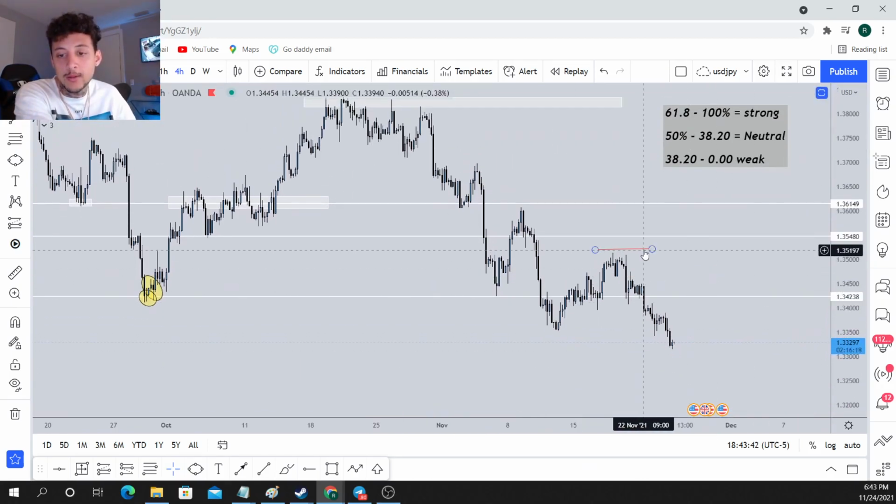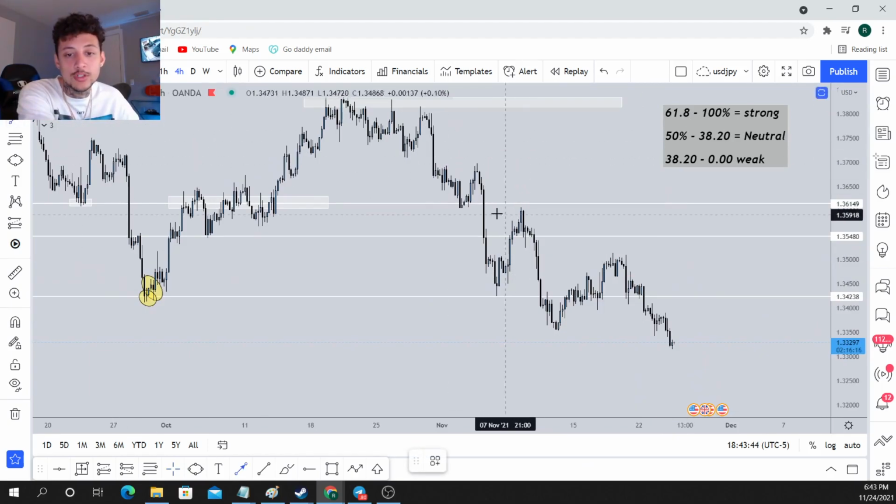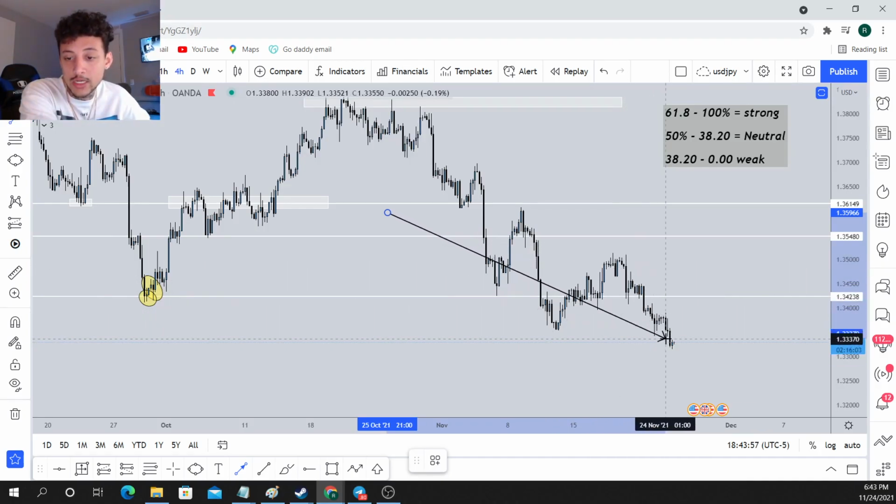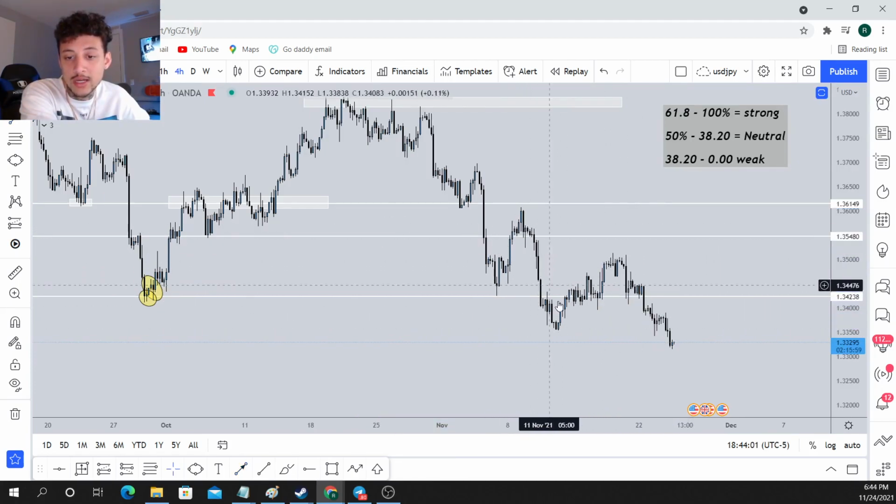Now keep in mind, the bigger the sprint, which this is a sprint right here, the bigger the break is going to be. The bigger the sprint, the bigger the break, right? And then look, it went all the way back down, but notice how it's kind of slowing down, right? You're starting to see way more bullish candlesticks than you are here. It's not as steep, right? Notice this